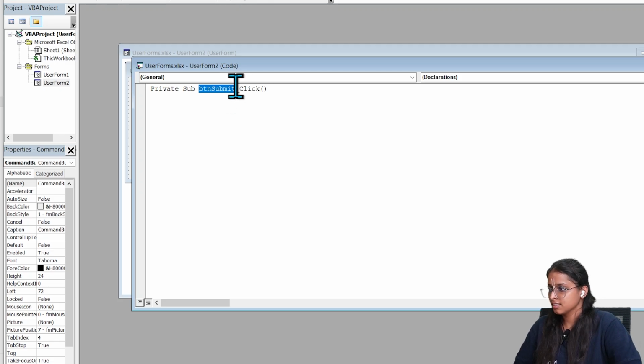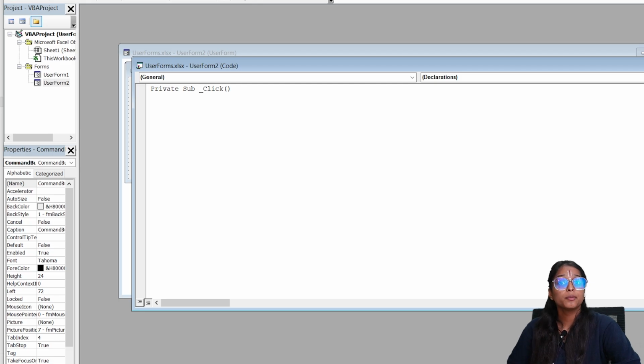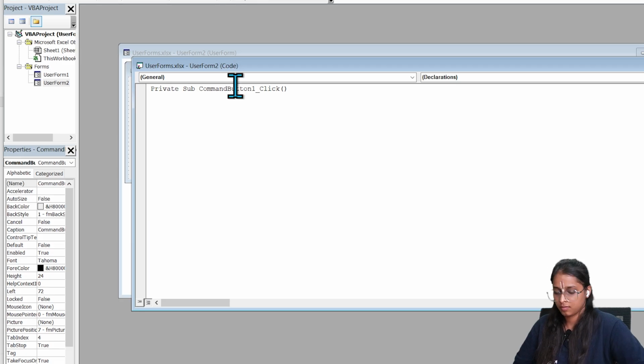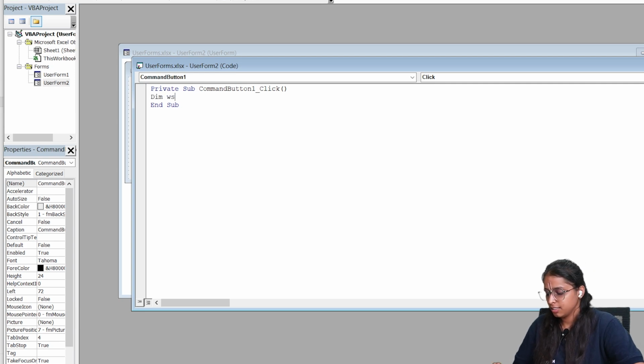I'll name it private sub command button 1. Then I'll define my variable, ws as worksheet.